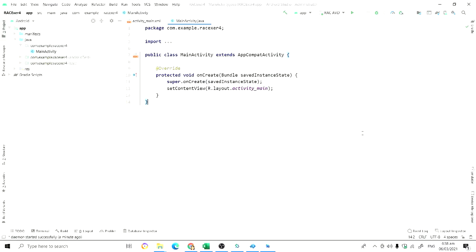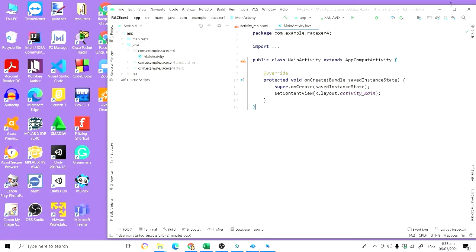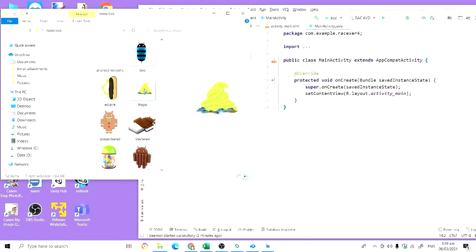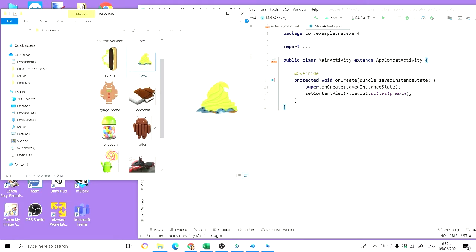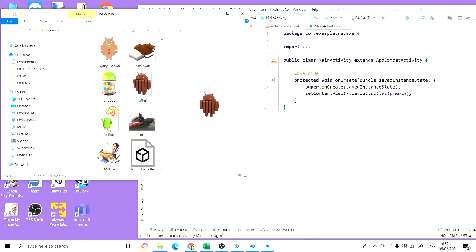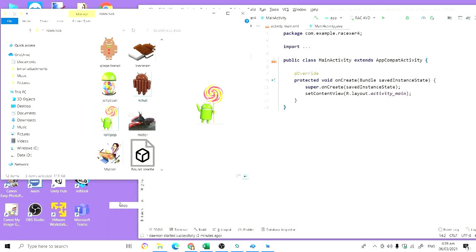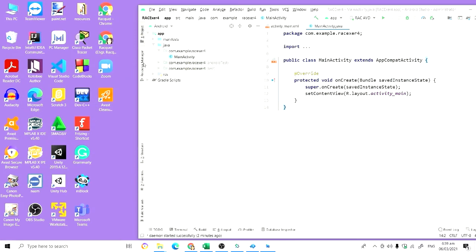For exercise number 4, we're going to create an application that contains spinner, image view, and scroll view. First, let's include images in our application. So I have here Froyo, KitKat, and Lollipop. I'll just copy this and paste it in folder